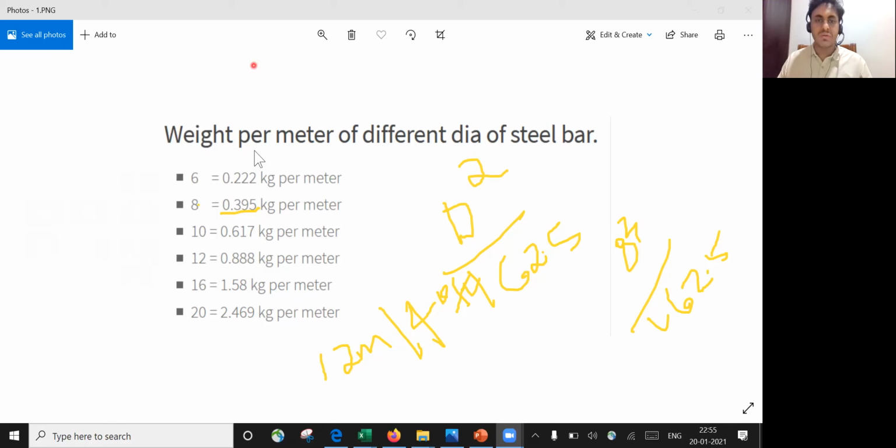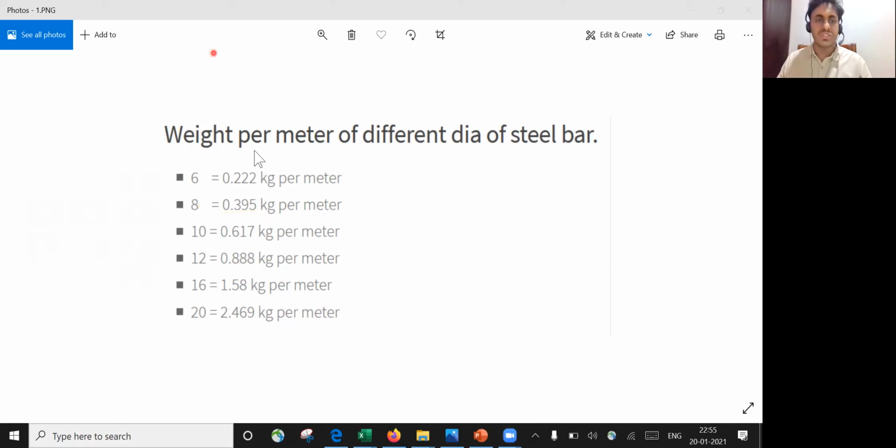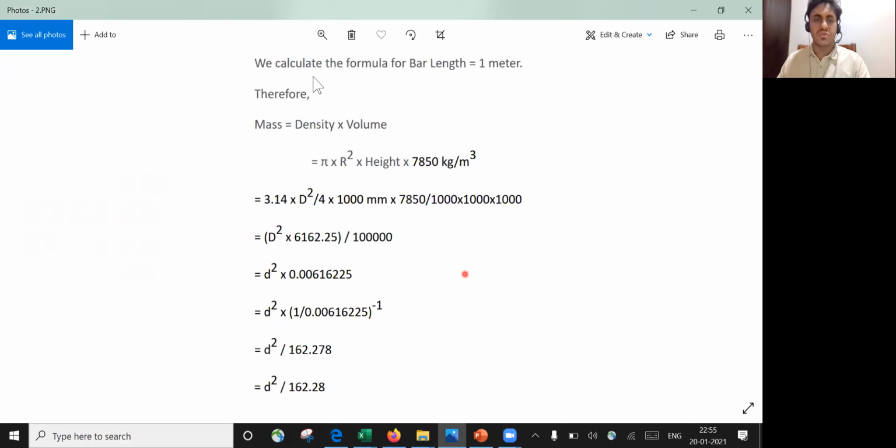Now coming to the calculation part, how this 162.5 derivation has come. You have to refer to what I put up here. Just go through this. We can calculate the weight of the bar for 1 meter length in this way. We know that mass is equal to density into volume. The density of steel is 7850 kg per cubic meter, and volume will be area into height.